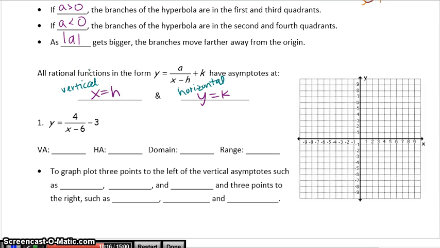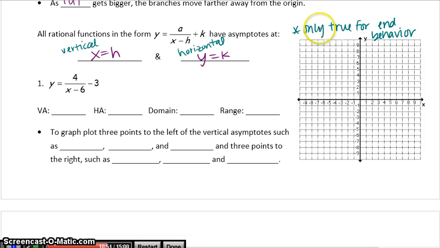Okay, and something just to note about your asymptotes here, and about really all your asymptotes, is that it is only true for the end behavior. Now, what I mean by that is normally the asymptote bounds the graph, but it only bounds the graph as x gets really, really big or as x gets really, really small. So your graph may cross these asymptotes at some point. Those are unique circumstances, and we'll look at those in future sections, but I just wanted to make that little